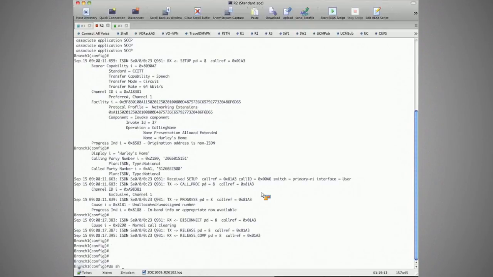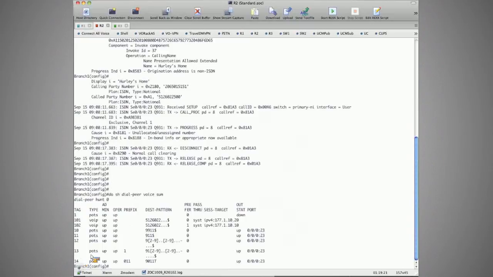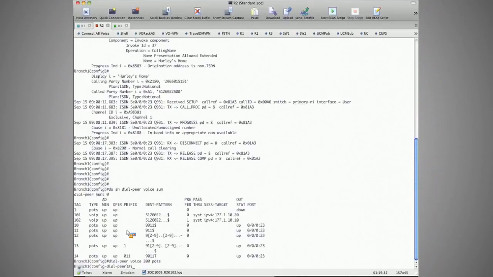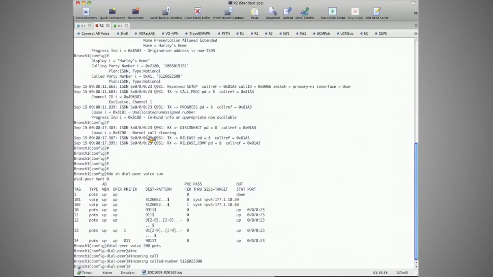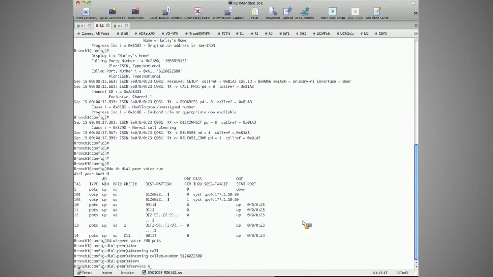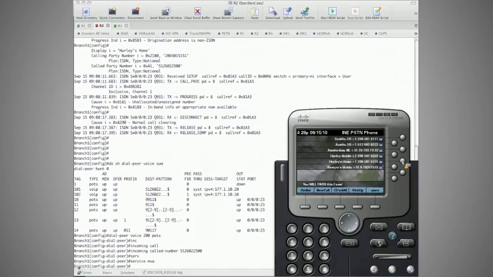Let's do show dial-peer voice summary and see which dial peer tags we have, so we don't overwrite anything. Let's start with 200. Let's create a dial peer voice 200 POTS. The incoming called number is going to be explicitly the longest match, exactly what is going to be coming in. Then we simply want to pass this off to service MVA. So that's done. Now if we call back,